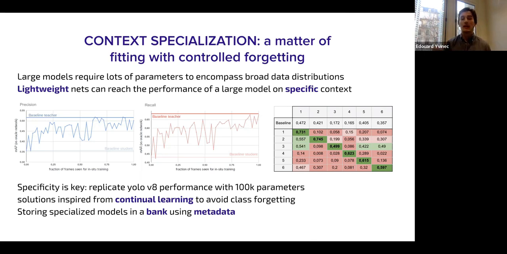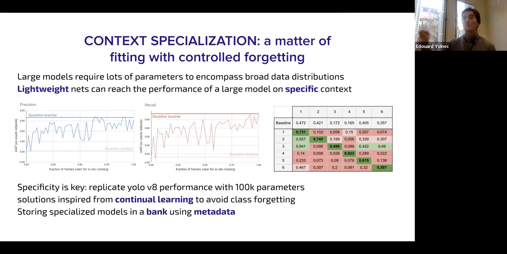What you should see is two things. First, we converge to the accuracy of the teacher, so that's good for us. But the second thing, which is the most important, is that it's very chaotic. You have a lot of variance, and that's where continual learning and dataset pruning come into play. It's how you make sure that you are at the top of the training curve and not at the bottom.